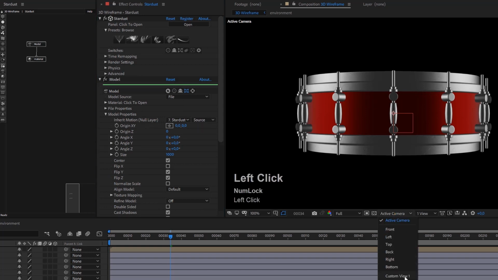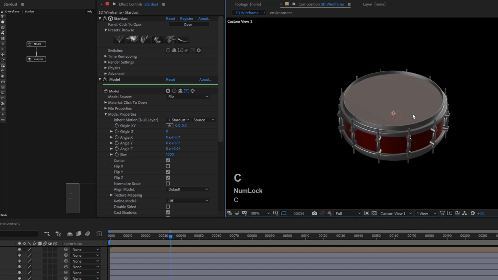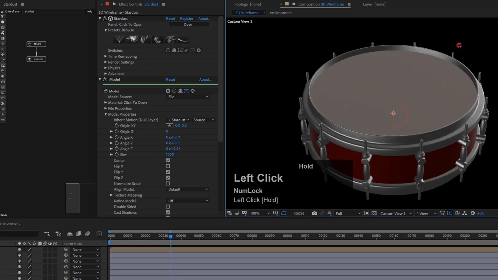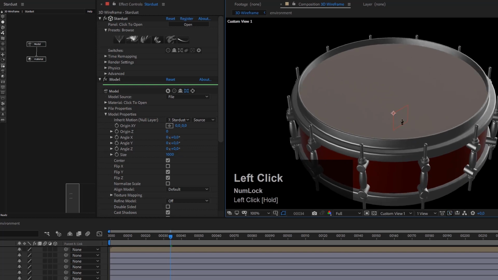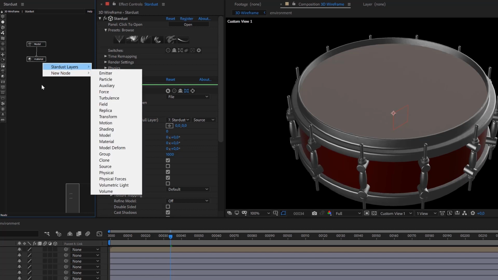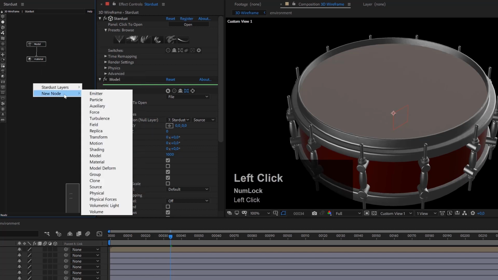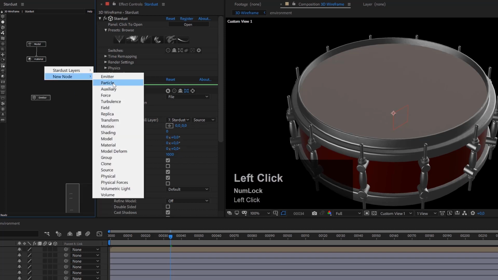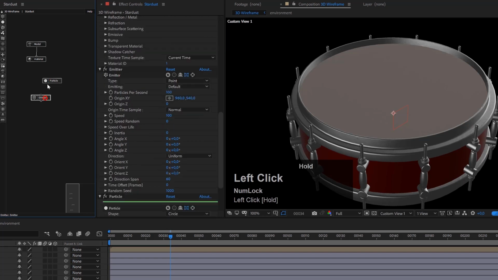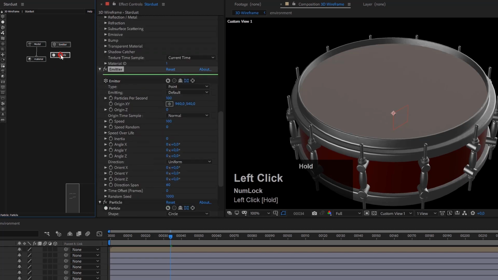Okay, so let me change my view to a custom view here, and let's zoom in a bit so that we get a little bit closer to our model, something like that. Okay, and now we will start to build our 3D wireframe. So first of all, we need a new emitter, and since the latest version there is a new option. You can right click now inside this empty field here and create nodes like that. Pretty handy. So let's create an emitter and let's create a particle node. And I will just link these two together